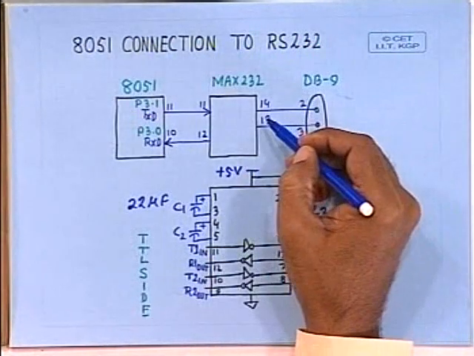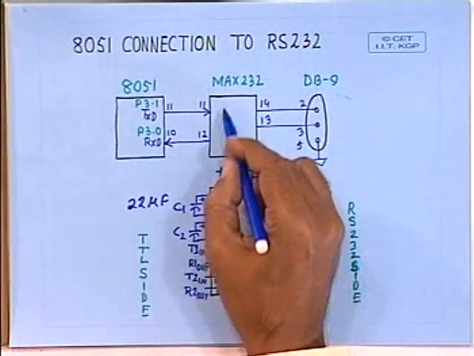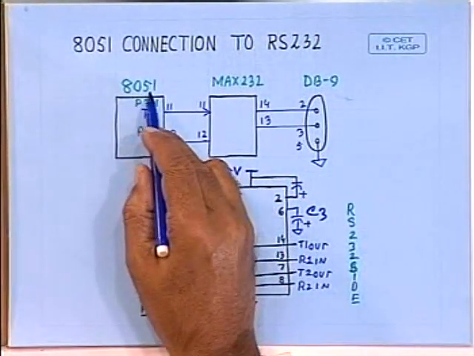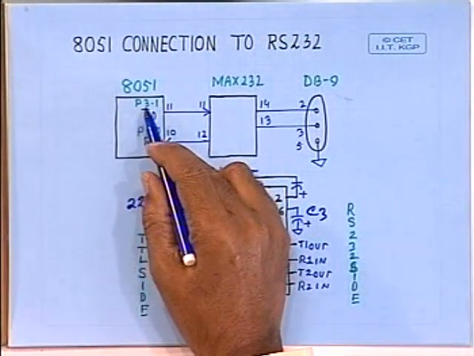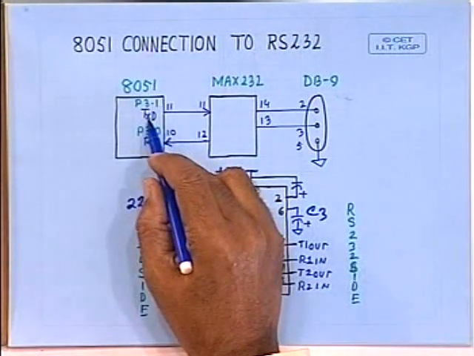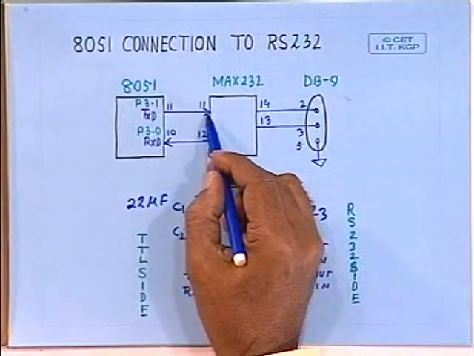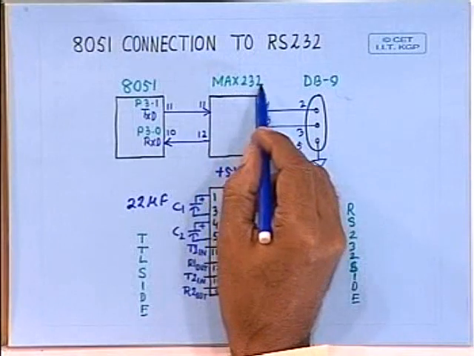So here we have used just one pair, because you have got TXD and RXD coming out from 8051. You can see port 3.1 pin is used as TXD and port 3.0 pin is used as RXD, and these two lines are applied to the TTL side of MAX232,